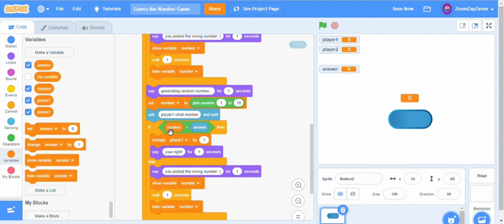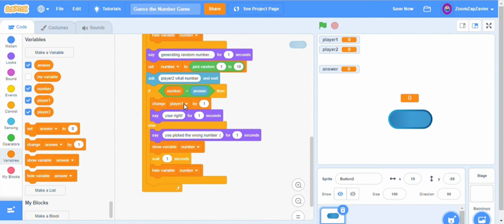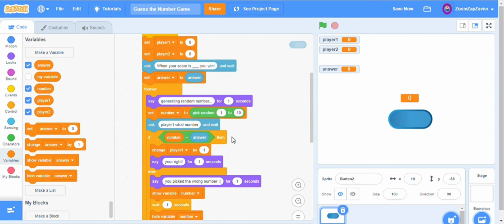And instead of player 1, we've got to make it player 2. So everything's got to be player 2. Alright, so we've got the main code here,